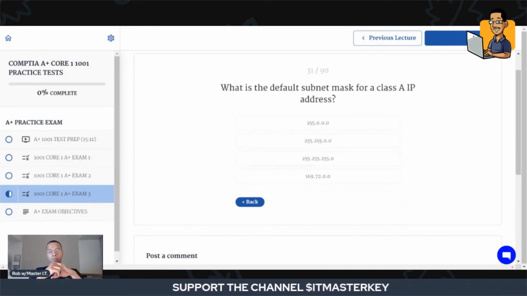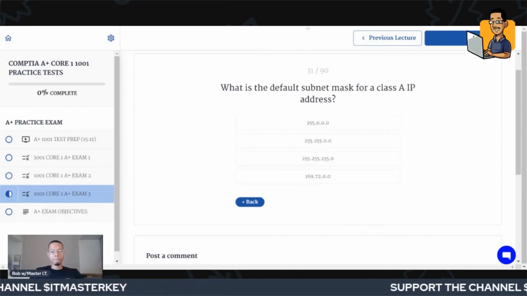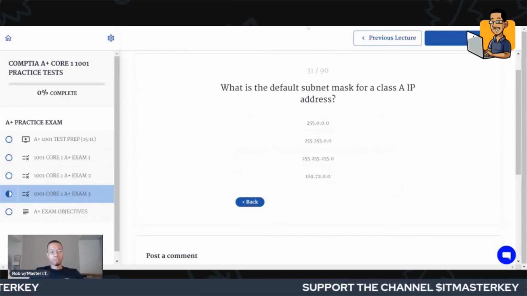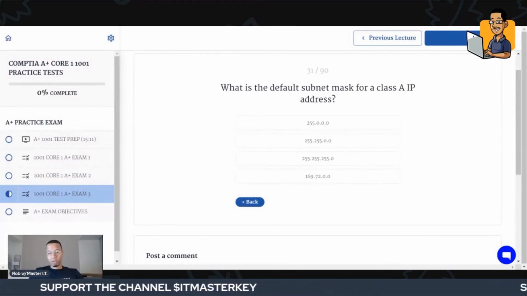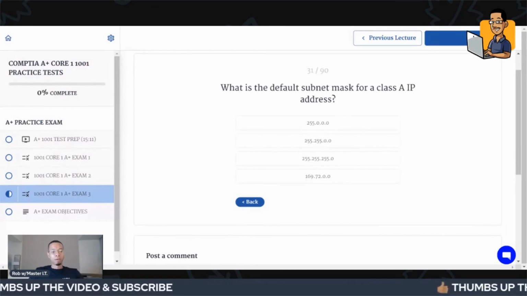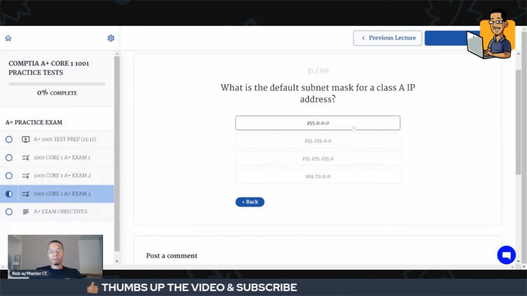Okay, another one. What about the subnet mask for a Class A IP address? If you don't know what an IP address is, that's okay. An IP address is your logical address on the network. You have to have an IP address on the network to connect to other devices and to send and receive information. All right, so Class A is